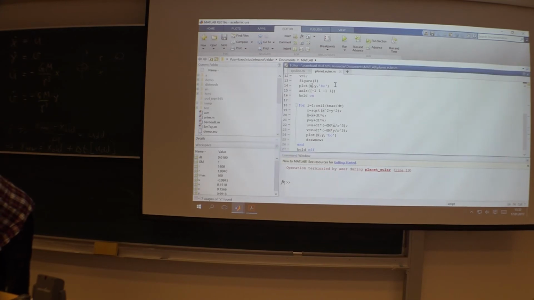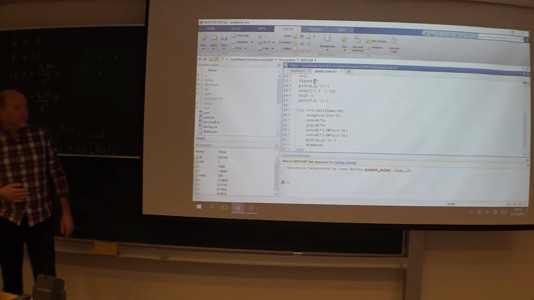Now let's do this differently. Hold on. I want the sun as well. Plot in the position 0, 0. We plot a red circle, like that. And for the planet, here,